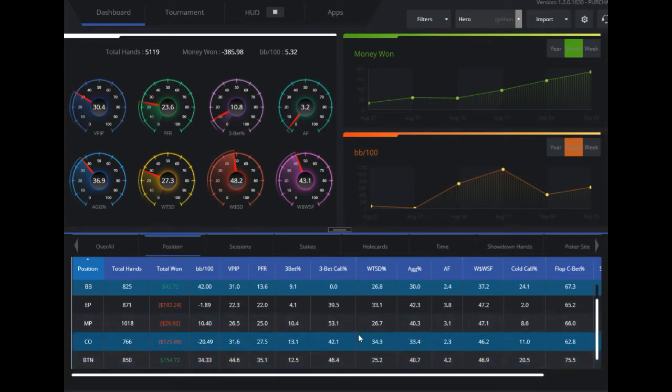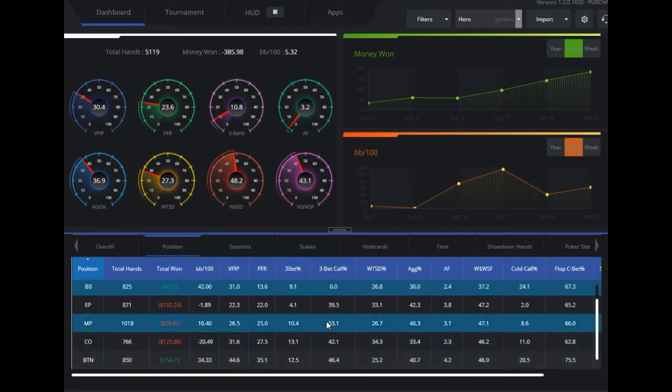If you're playing a really solid game and you're mixing in a good amount of double barrels and even some 3-barrel bluffs and stuff, your main aggression should come from the button as well. But this depends a little bit on style, so it's not absolute. If you're playing to see a whole lot more flops from cutoff and button, which might be outside of the normal range, and you're trying to realize your equity more, so you're checking,